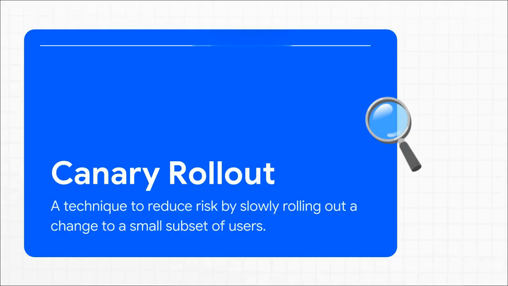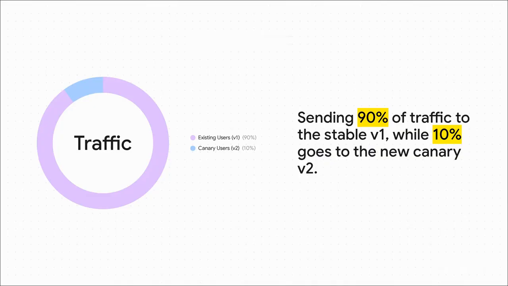You've probably heard the name comes from the old canary in a coal mine idea, right? You're basically sending a small, controlled amount of real user traffic to your new version just to see if it's stable in the wild before you go all in on a full release. And here's what that looks like in practice. Super simple concept. We're sending 90% of our traffic to the version we already know and trust, version 1, while we cautiously route just 10% to our new canary, version 2. This is huge because if something does go wrong, the blast radius, the number of people who are actually affected,